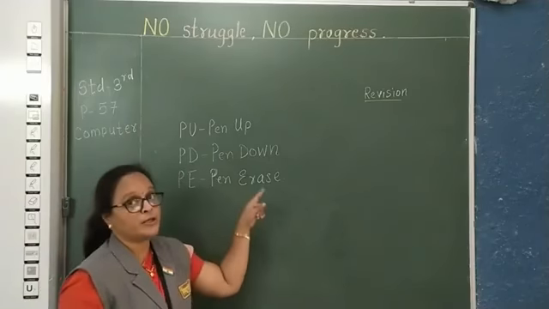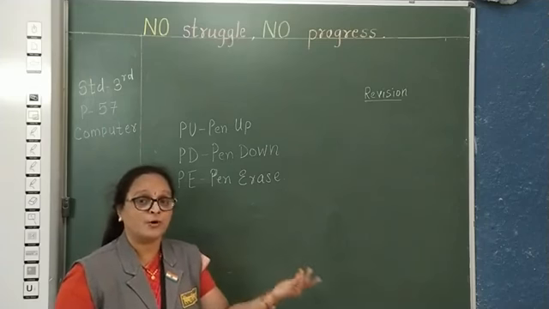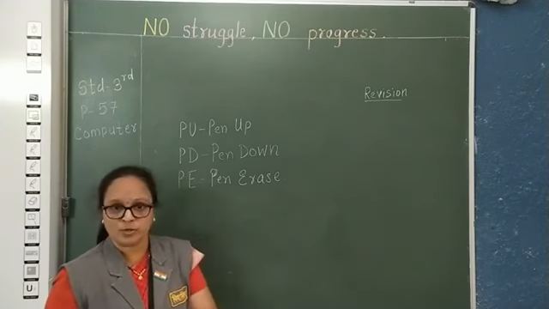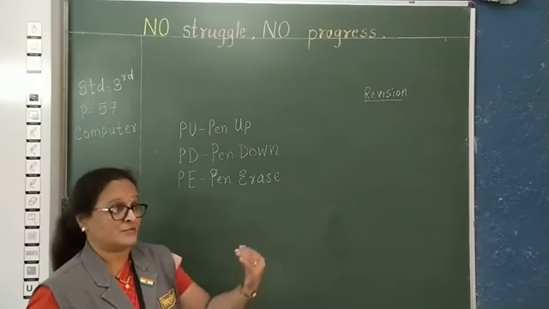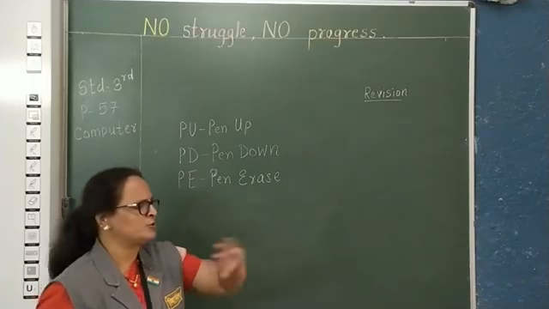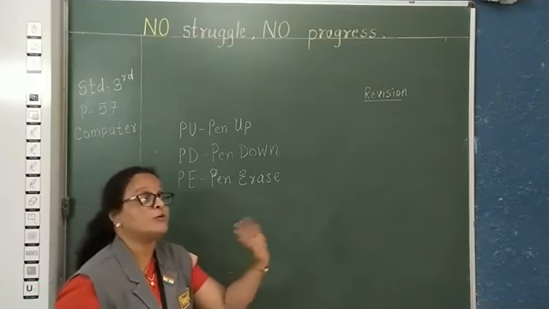But like PU and PD, again you have to specify FD and BK, okay? And then, suppose if you want to draw, an unwanted line is placed on the forward side.